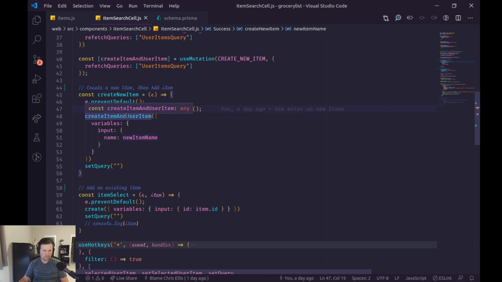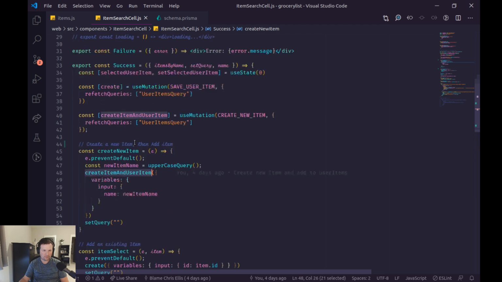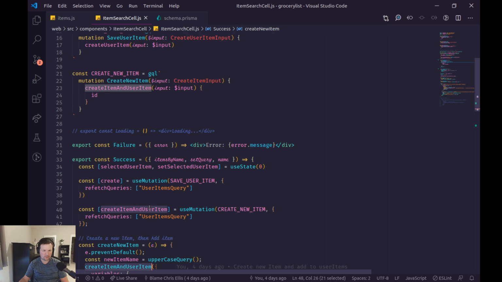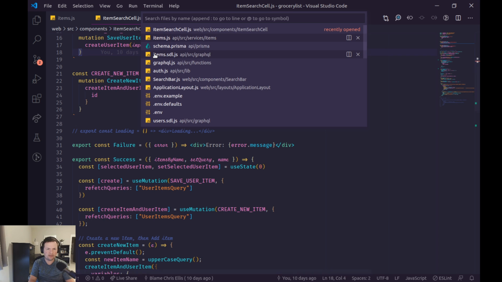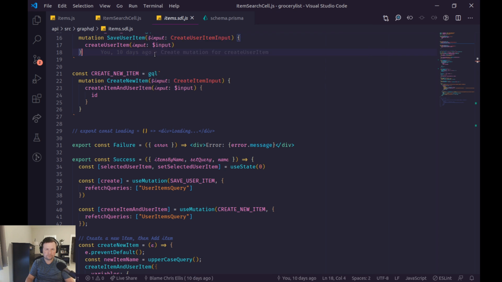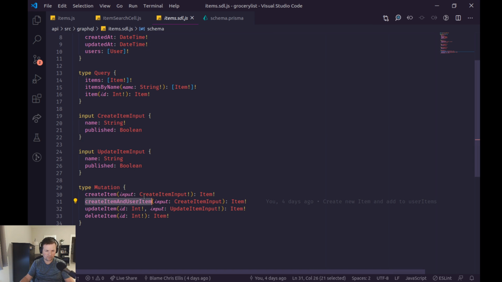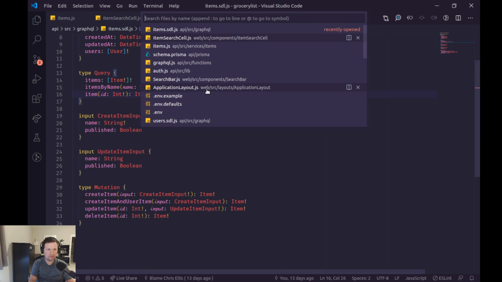We need to follow this create item and user item. Create item and user item is defined here by the mutation create new item. Create new item causes create item and user item, which is defined in the SDL right here, which takes an input of create item input, returns an item, which is then